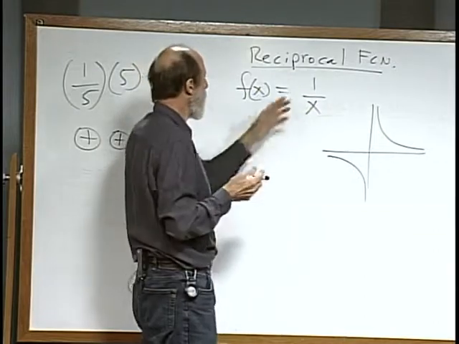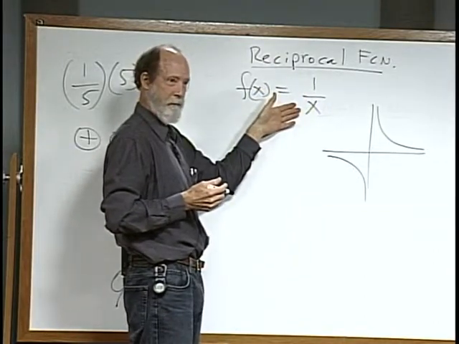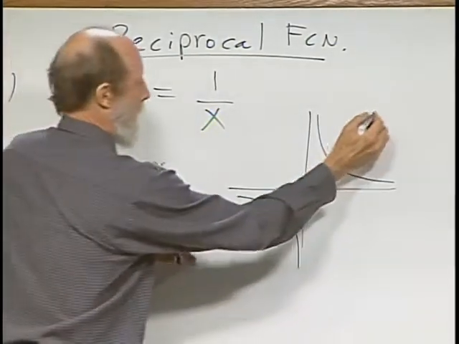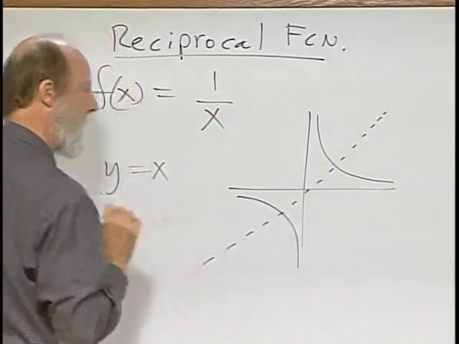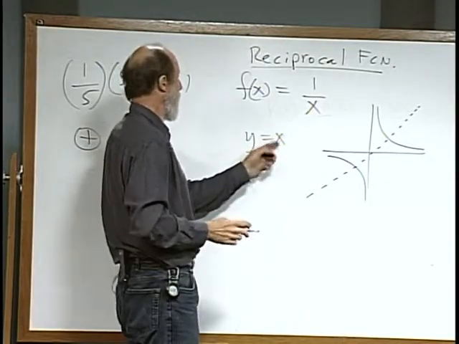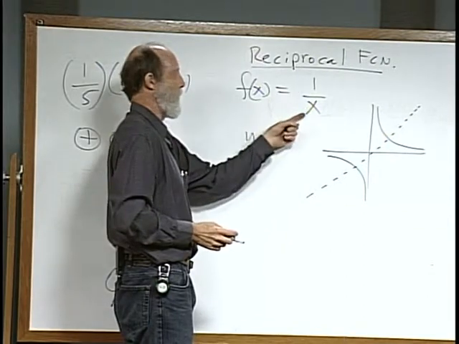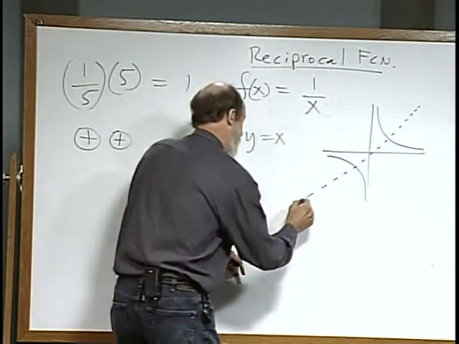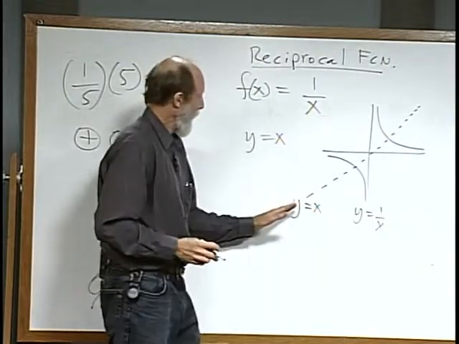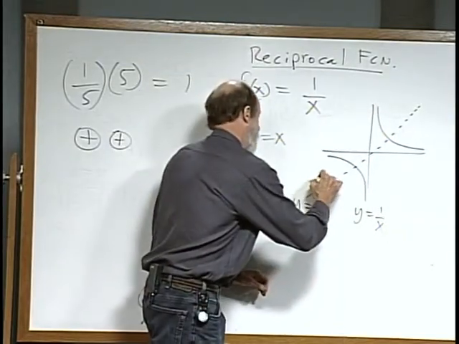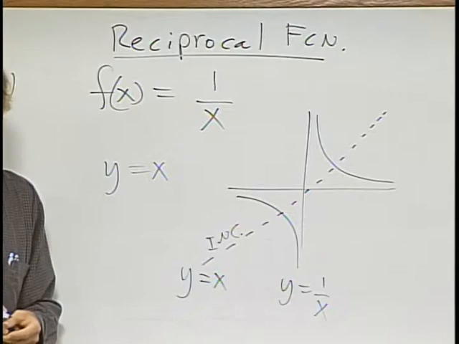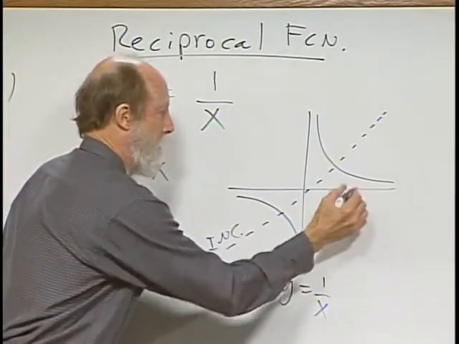Now look at its behavior. What's the reciprocal of 1 over x? It's y equals x, isn't it? Y equals x. And we all know what that looks like. Let me draw it on here dotted. Let's make some observations about what we just talked about a moment ago. Here is a function, y equals x. Here's its reciprocal, 1 over x. Both pictures are shown here. Okay? Notice y equals x, increasing function. Observe the reciprocal, a decreasing function. Right? A decreasing function